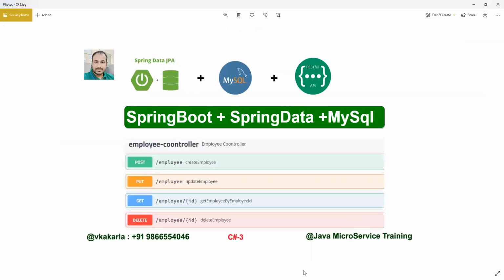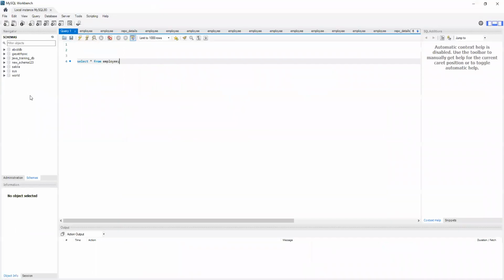Whenever you open MySQL Workbench, it looks like this. If you see here, there are two panels. One is the left navigator, where we can navigate all the databases. The default databases are system, sys and world, so these come with MySQL. And here we can run the queries to select the tables and all.